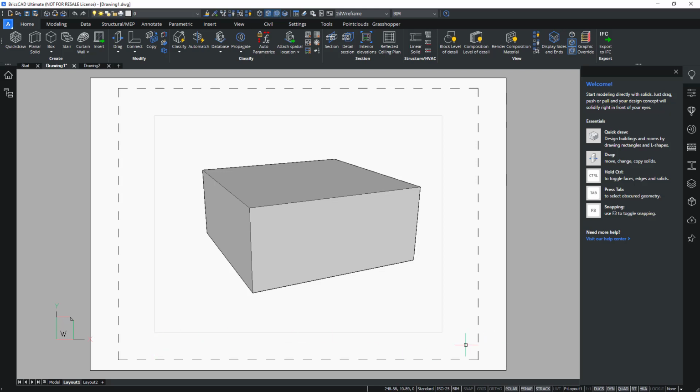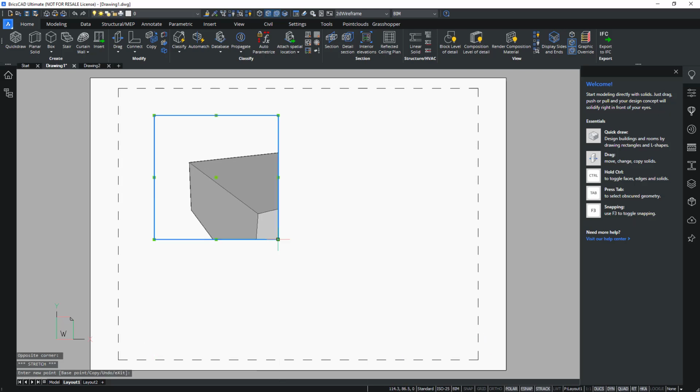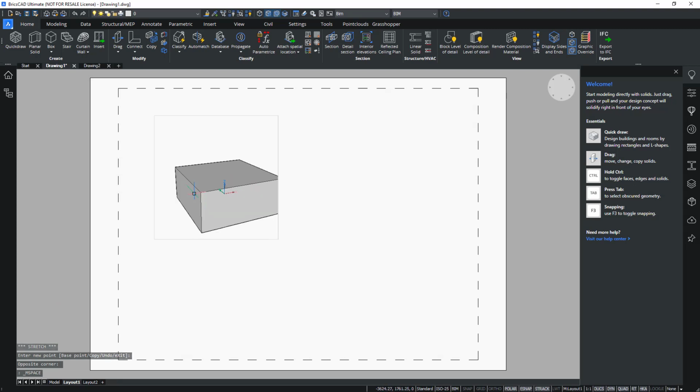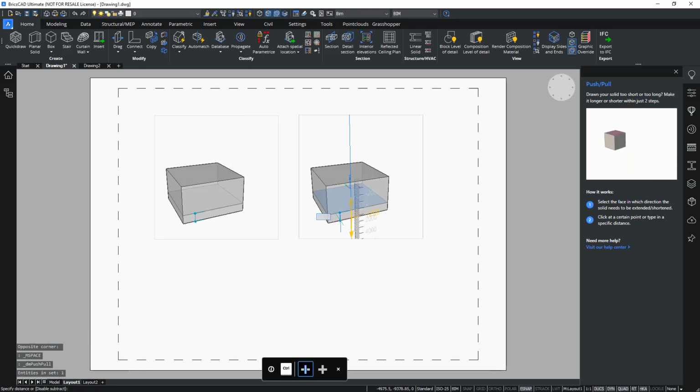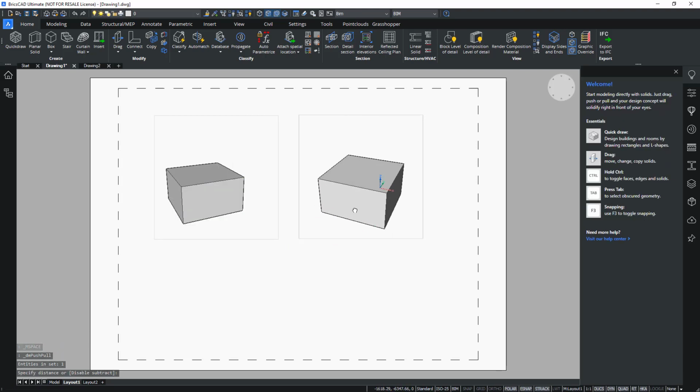And you can make multiple views, so we can zoom. And then you can copy the viewport, and you can, of course, make different views onto one paper.